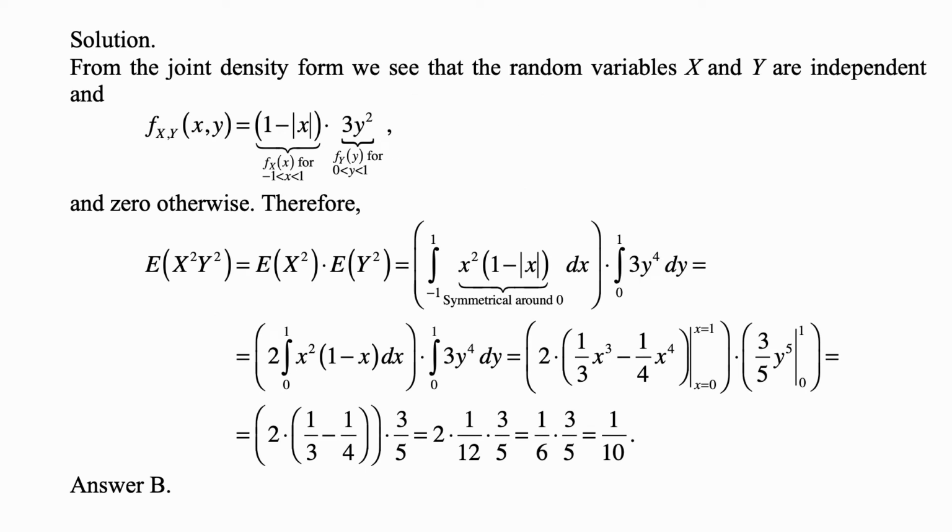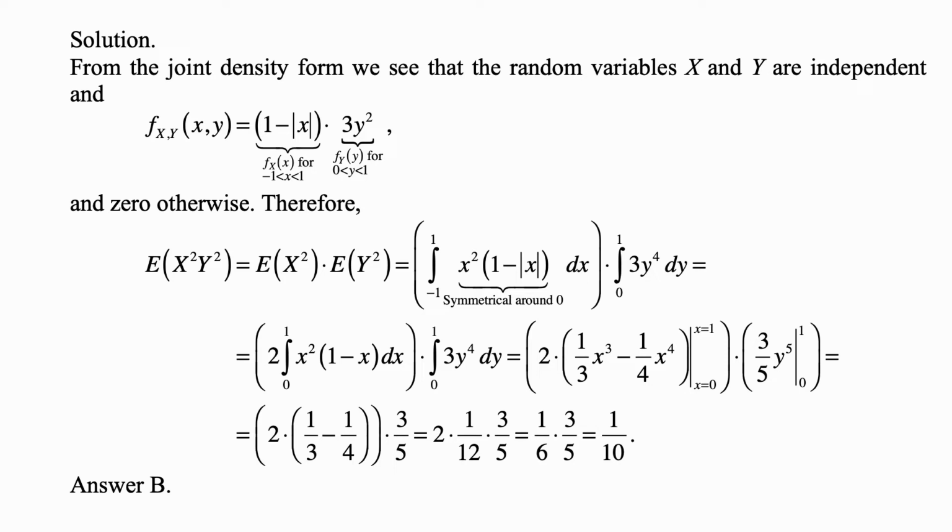From the joint density form, we see that the random variables x and y are independent, and f sub xy of xy is equal to 1 minus the absolute value of x, which is f sub x of x for x between -1 and 1, times 3y squared, which is f sub y of y for y between 0 and 1, and 0 otherwise. Therefore, the expected value of x squared y squared is equal to the expected value of x squared times the expected value of y squared,